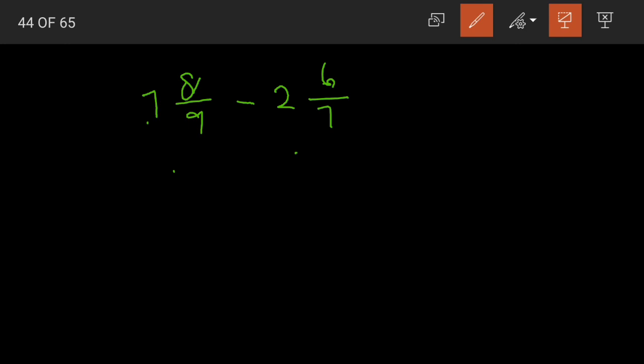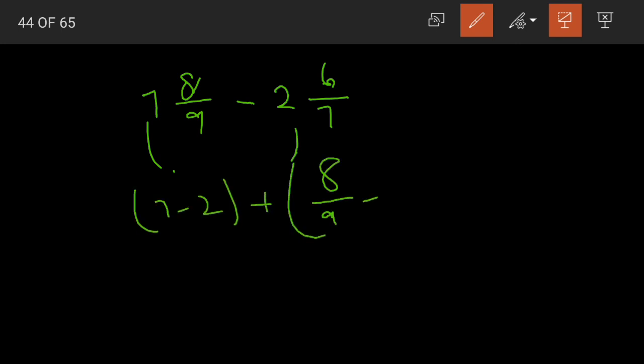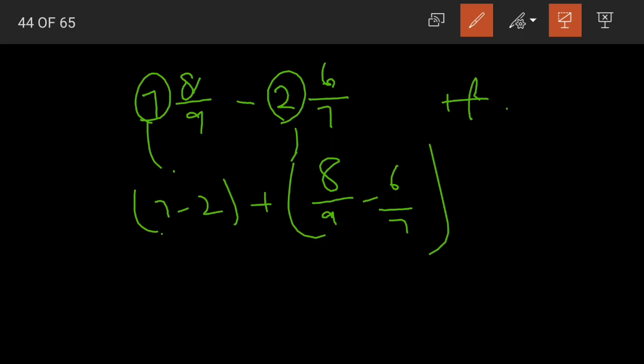If you remember, there is another way also for subtracting mixed fractions. What is it? We subtract the whole number parts and the fractional parts separately. Yes, so I am doing that here. Because we have to learn how to solve in both ways, right? As I have already explained one question in the normal format, that is converting them into improper fractions and subtracting, let us solve this question this way.